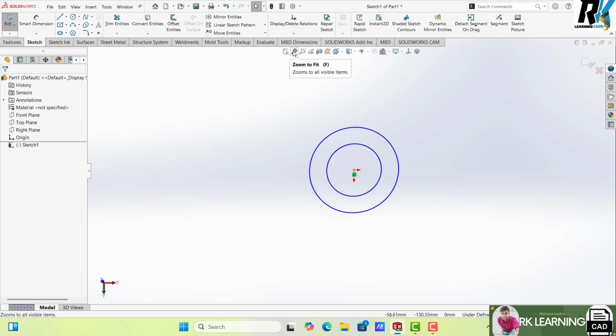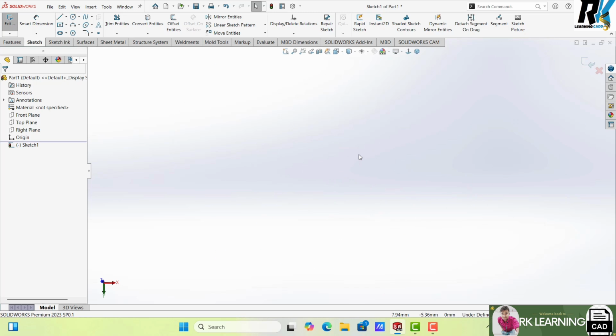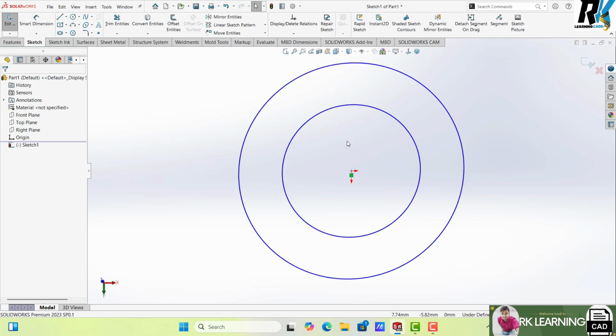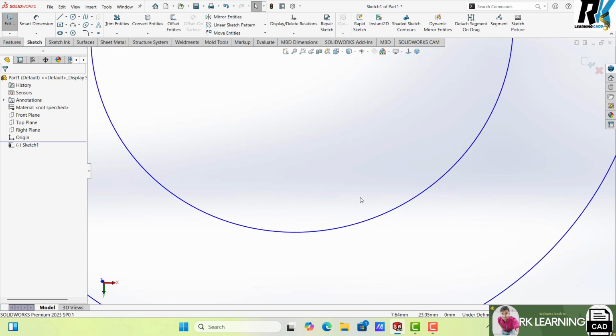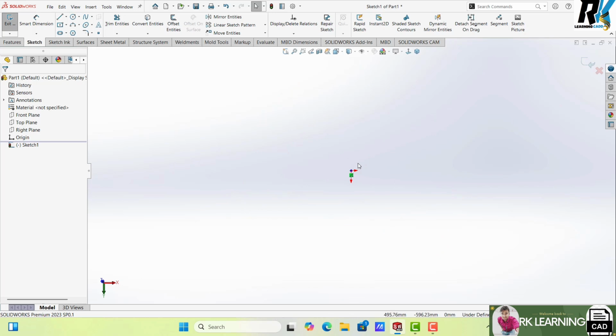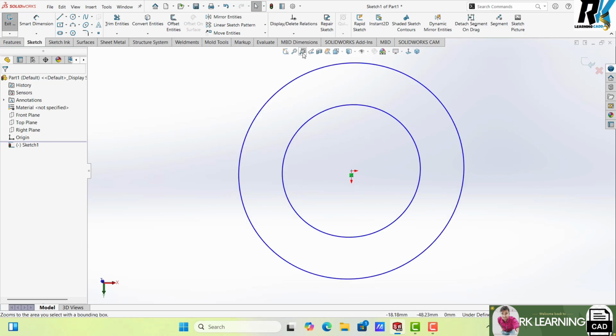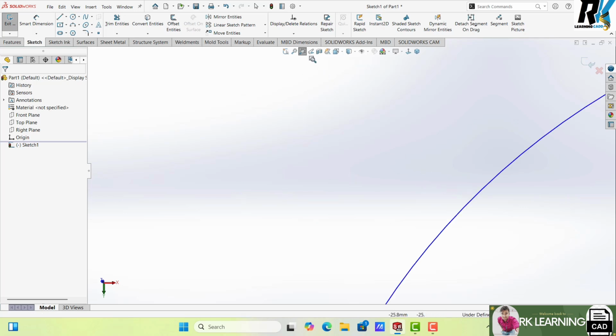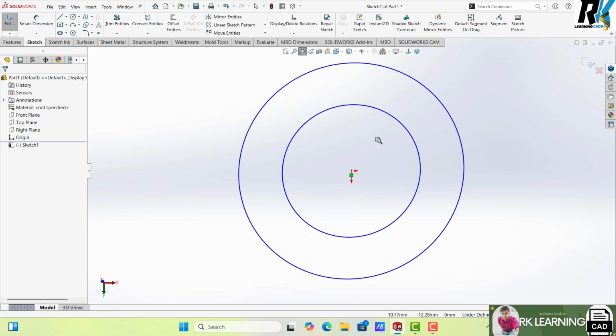Same here, if you want to zoom in, suppose this is too much zoom, if you want to fit, you can press the left key, otherwise you can click this. Suppose it is zoomed out too much and you want to adjust, click this button one time, otherwise you can press the F key. This is zoom: you select and drag a frame. Again, if you want to zoom out or fit, you can press the F key.